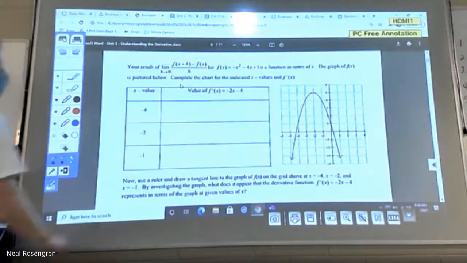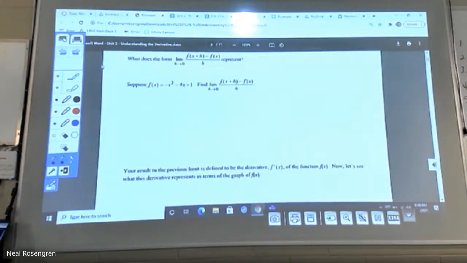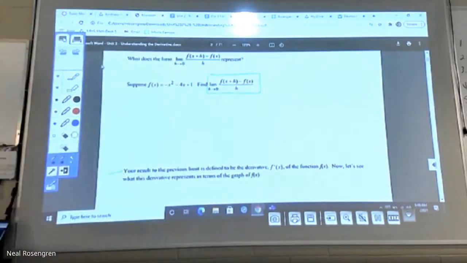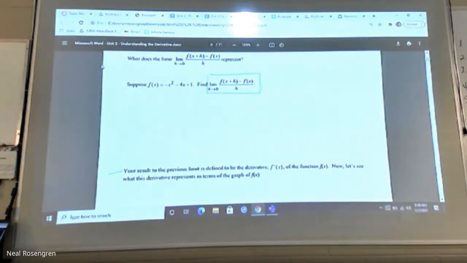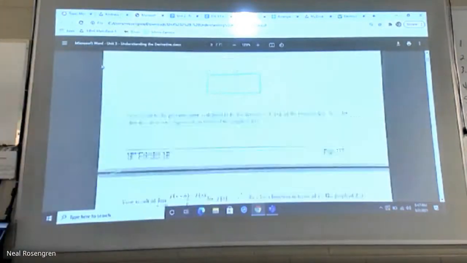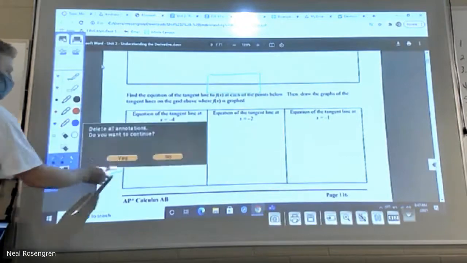And what we tried to do with this one right here is just see what happens if we actually try to evaluate that limit by hand. What if we just evaluate that whole fraction by plugging in x plus h, by plugging in f of x, by dividing by h, trying to expand, simplify, and see where it goes. And that's this process that I want to work through today on page 117 in a second, but I want to finish up 116 first.